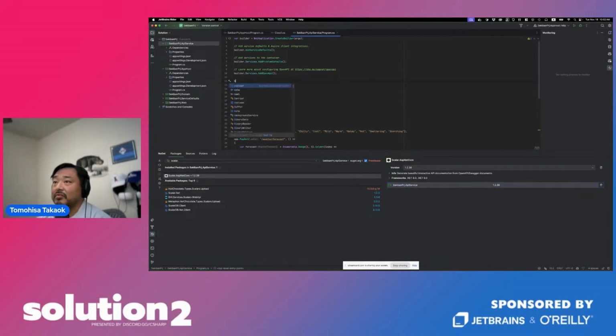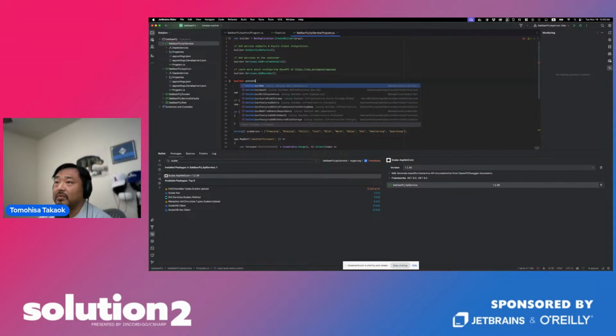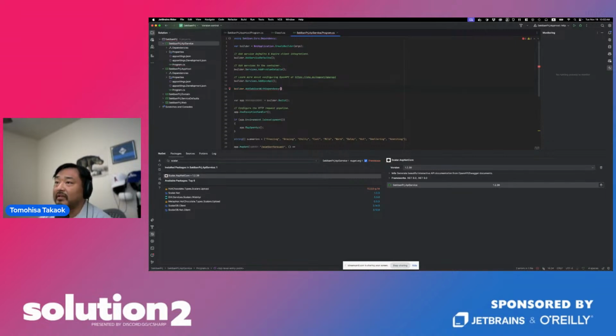Okay, so builder add Sekiban with dependency, and then project dependency. Because I forgot the reference, I need to reference here. Yeah. And now it's referenced.